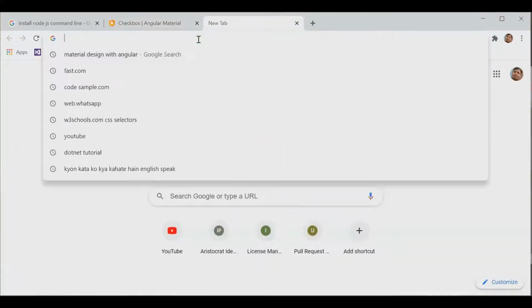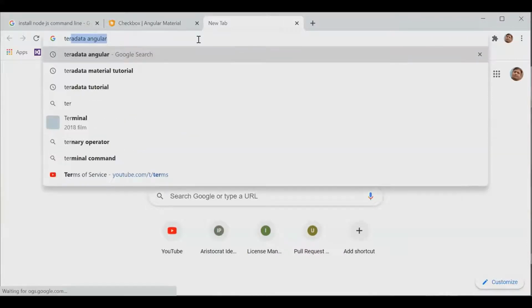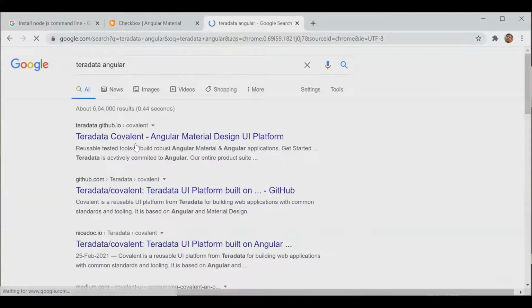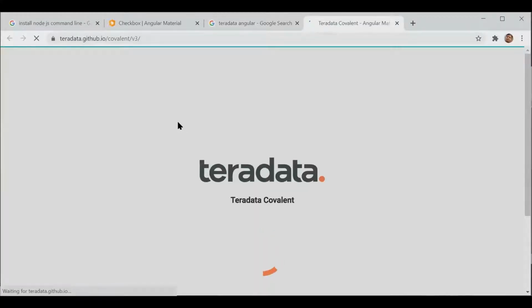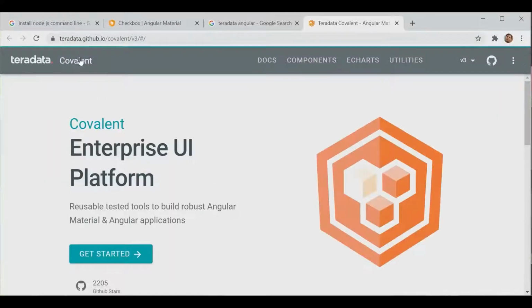Teradata is on top of material design. They have designed some controls and have some more benefits as compared to material design.